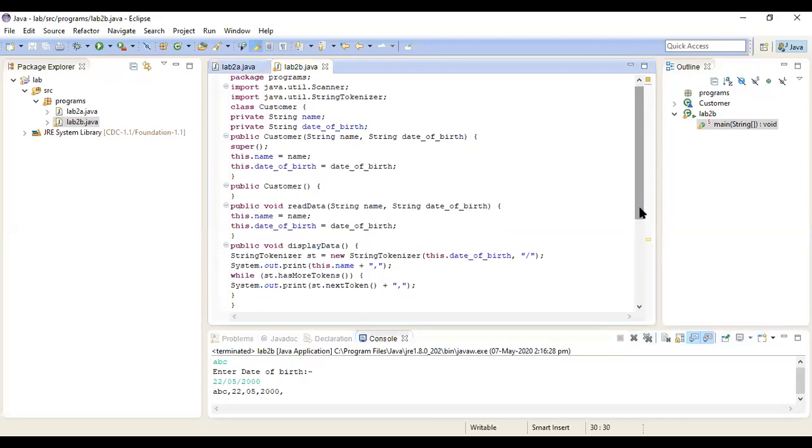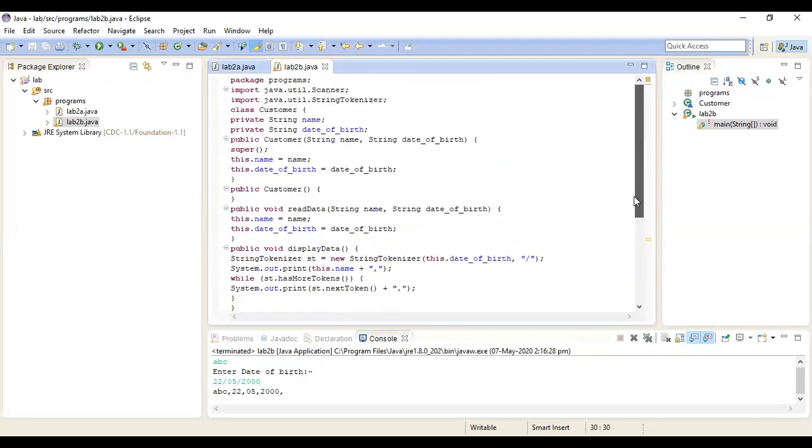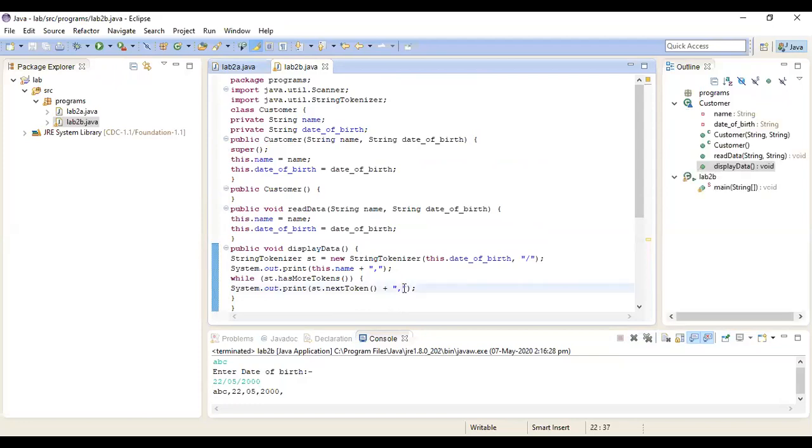Let me make a change to the program. See here, there is a mistake. We have put a comma here. Instead of putting a comma, I should put a slash. Again, save the program. That was the mistake.